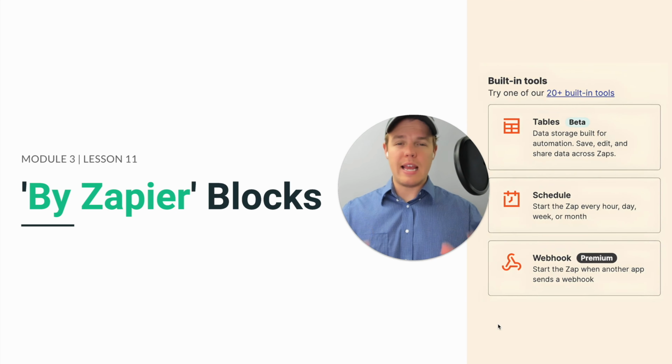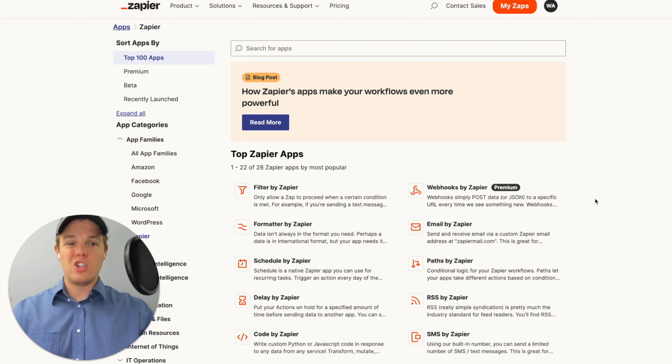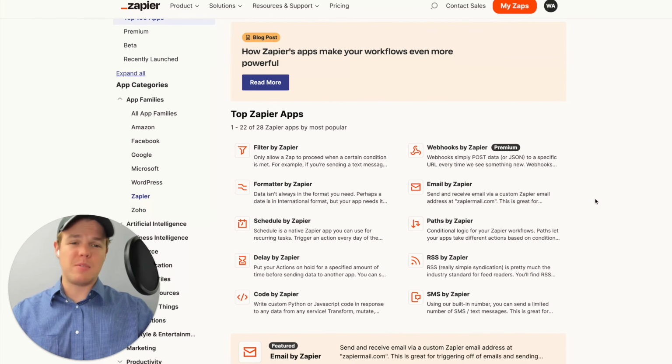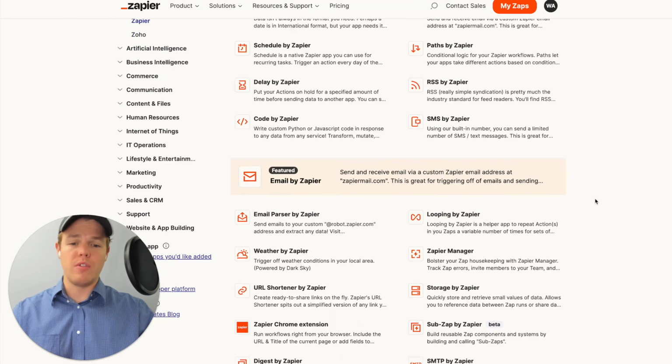Welcome to the next lesson here in this module. We're going to be looking at the Zapier apps. These are apps that are native to Zapier's platform. They're built by Zapier and they can be used in a ton of different use cases when it comes to ChatGPT outputs. Just so you're aware of all the apps that are available, we've got this list right here,